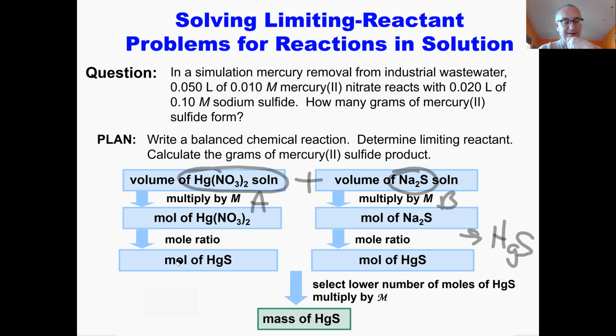Is it going to be 1-to-1? Yeah, 1-to-1. Very good. Because I have 1 mole of mercury on that side with that reactant, and I have 1 mole of sulfide on that reactant. They come together in a 1-to-1 ratio, which is nice, because then the other thing you notice is that there's 2 moles of sodium and 2 moles of nitrate ion. Those balance as well. And so my other product will be 2 moles of